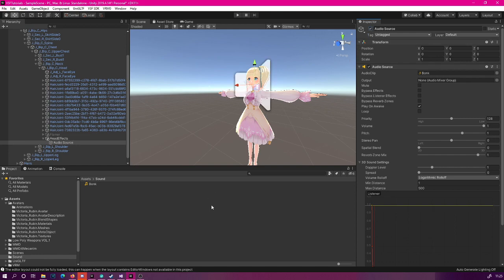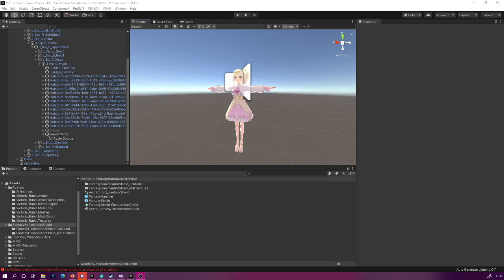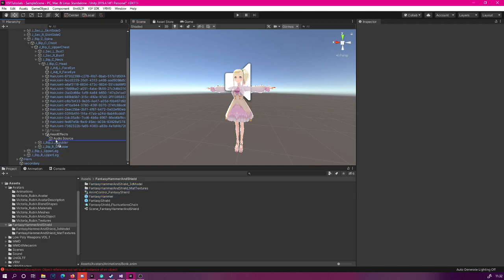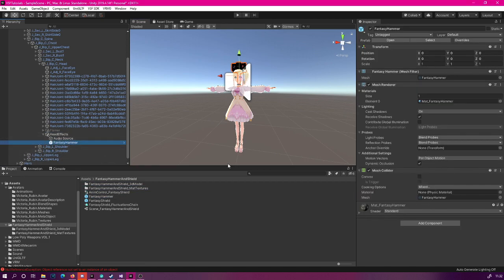Okay, now the next step is to add a hammer so we can actually do the bonking effect. So let's do that next. If you have a model, you can load it in. If you don't have one, you can again find one from the Unity Asset Store or anywhere else online. In my case, I have already imported a hammer object, so let's drag that into our model's head effects, like so.